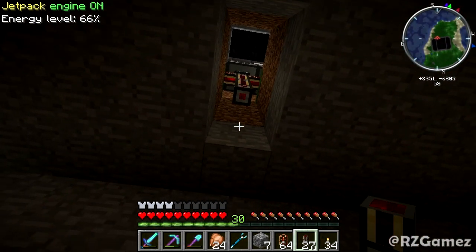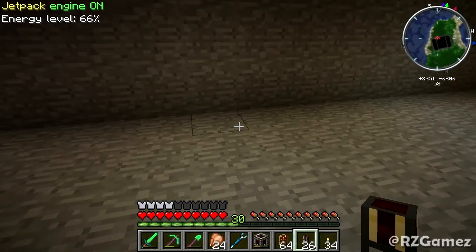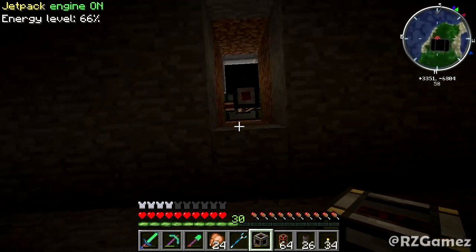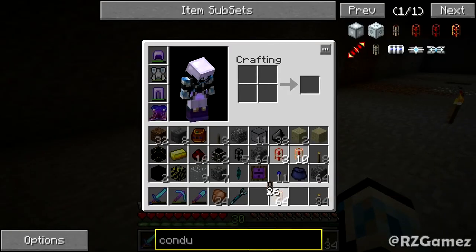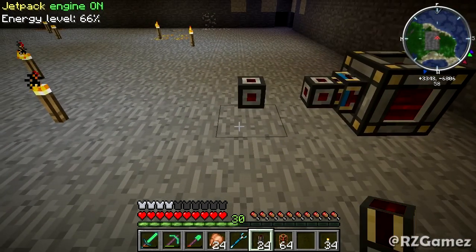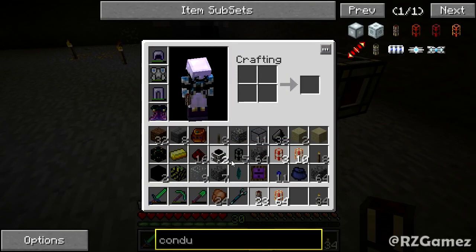Yes. That block placement. Okay, we're going to take our Redstone Energy Cell, and we're just going to set it directly below, so that's this block. Our energy cell will forever sit there until I decide to move it, so then I guess it won't forever be sitting there. And we're going to put some energy conduits, and the engine should be able to...